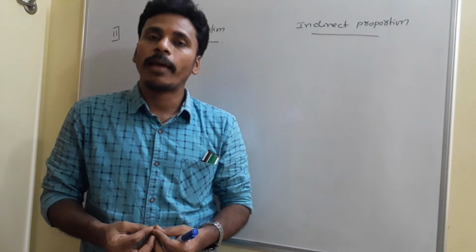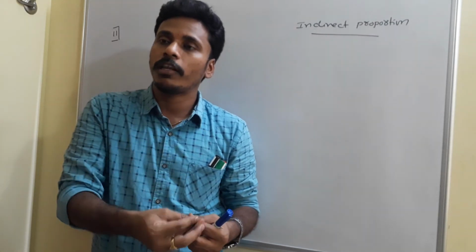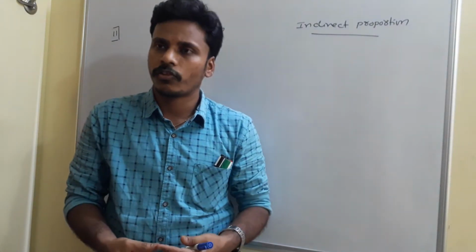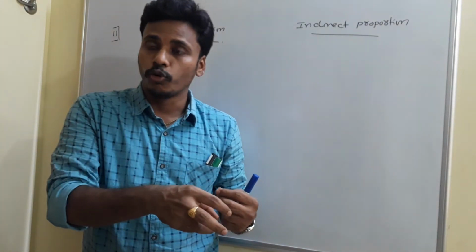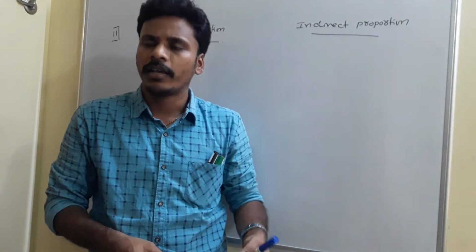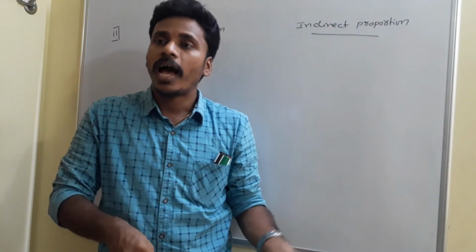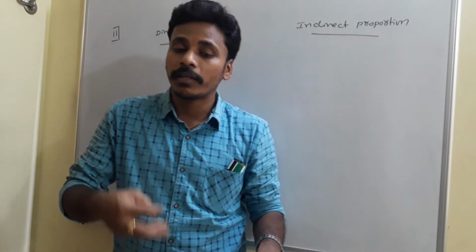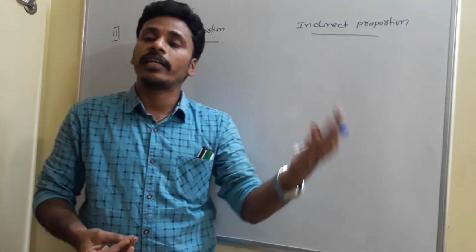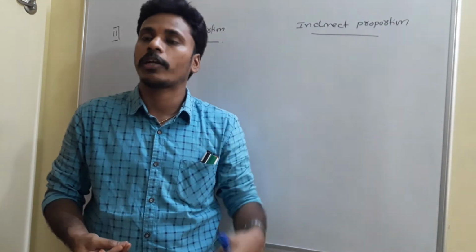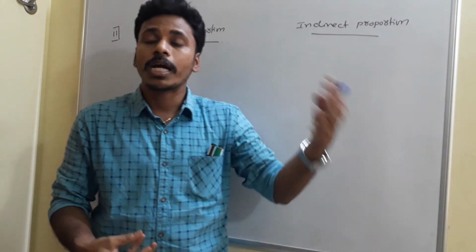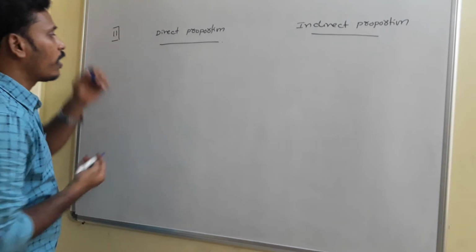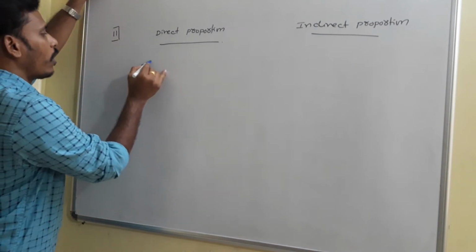Is it clear? What I am going to tell you is, if I spend more money on an article, I will get more articles. Is it right? For example, if I spend more money on an item to buy, I will get more quantity. If I spend less, I will get less quantity. That is the sense: as per the amount of spending, we get the quantity of that particular item. Right? The amount of spending is directly proportional to the quantity of the item we are getting.